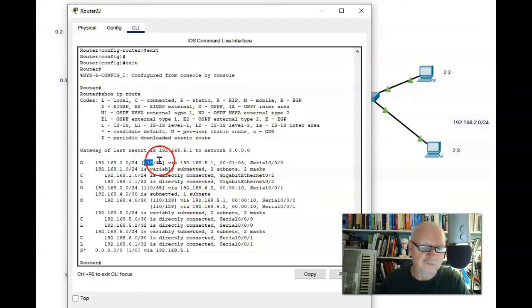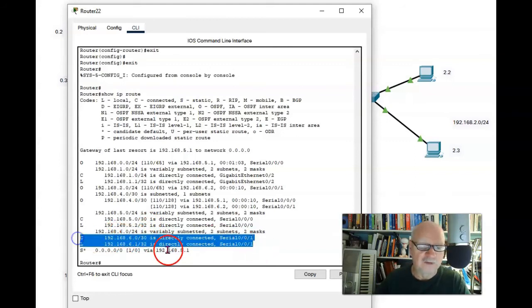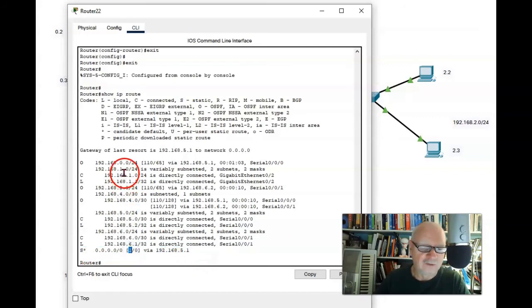And different routing protocols have different administrative distances. Static routes have an administrative distance of 1. And you don't see it here anywhere, but directly connected routes, both the C and the L's, have an administrative distance of 0. So the directly connected routes are the most authoritative, and then the statically created routes are the second most authoritative, and then routing protocols are the third most authoritative, and depending on the administrative distance here, the more authoritative it is. The second number here is the cost.